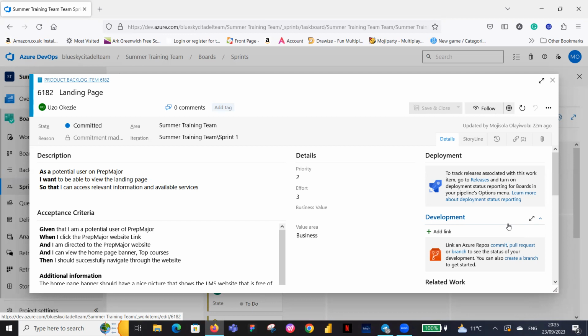Then when she views the home page banner, she will be expecting that there should be a home page banner. She must have written all the test cases, including the ones that test for the home page banner and top courses. So if I develop it and there's no home page banner, she will raise an eyebrow: developer, what is this? I can't see the home page banner there. So the only thing she will wait for me is for her to be able to test